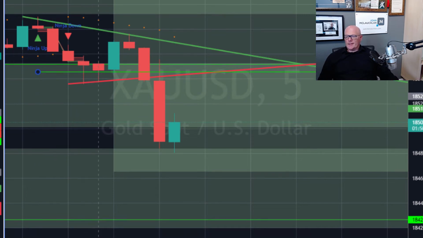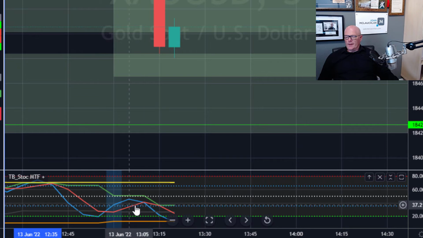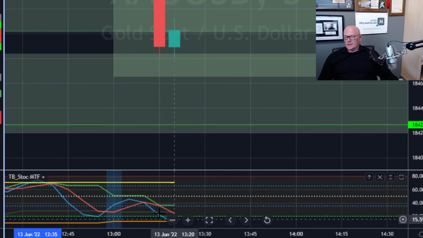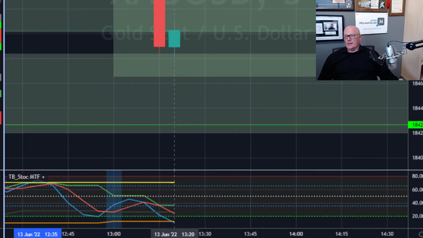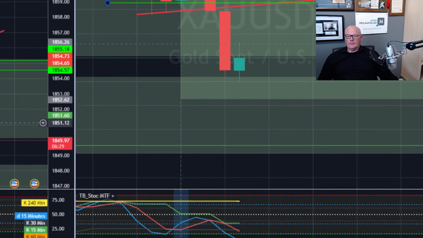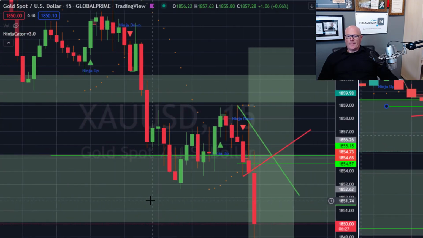So look at the stochastic here. We've got the 5 minute still coming down into the extreme. It's not quite into the extreme yet, so there's plenty of room for it to move. The PSAR is at the top, and there's plenty of volume here. There's plenty of volume in that move, and you can see on the 15-minute